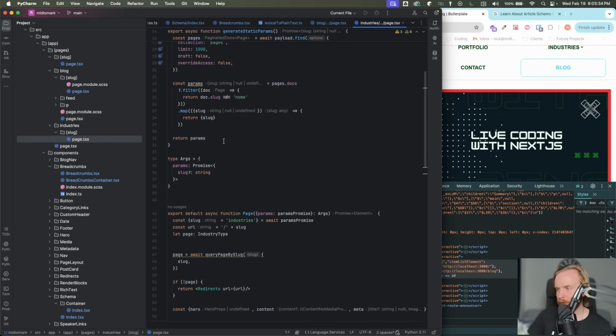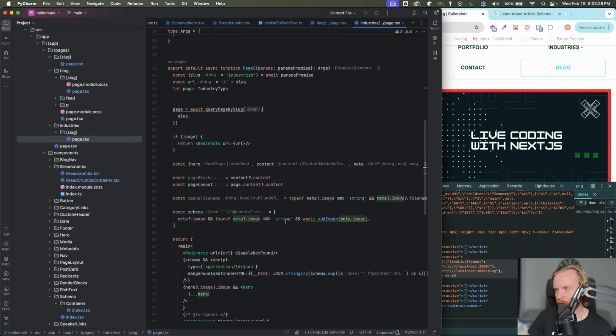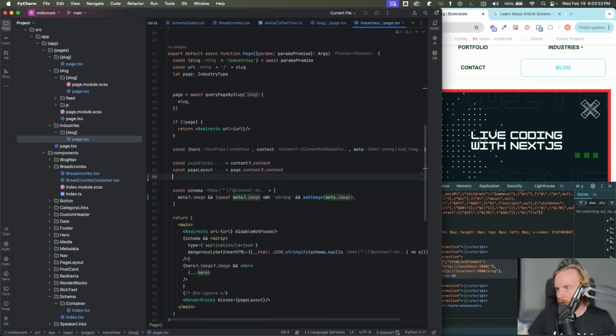So that may be something that I want to do, even if I don't include it in the front end. So what I could do is, I don't need to await anymore. This isn't used, and neither is this. So what I could do is, this is the industry page. So this is 3 layers deep. So I need const of